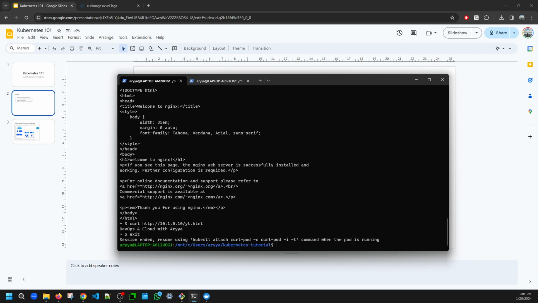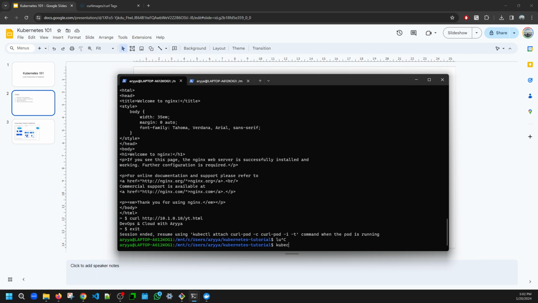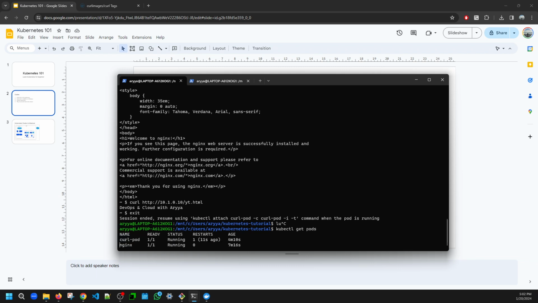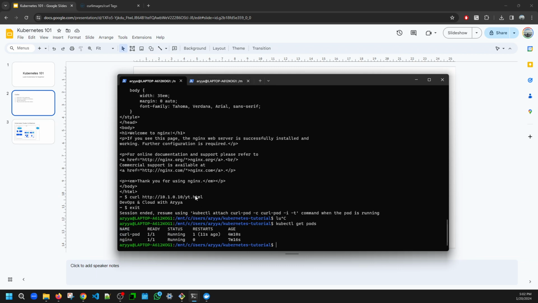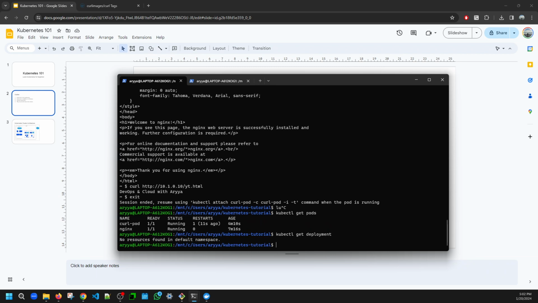So, sorry, this is incorrect. Let's go back again. Oh no, that's correct. Because basically when we deploy, kubectl get pods. See, now there is no deployment because I deployed the pods directly. Kubectl get deployment. See, there is no deployment. So now